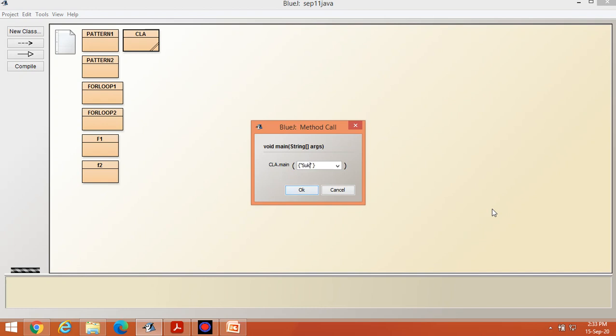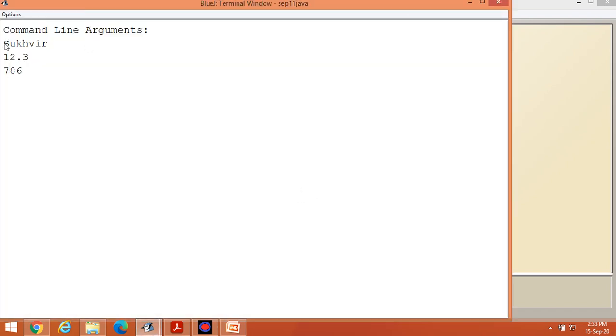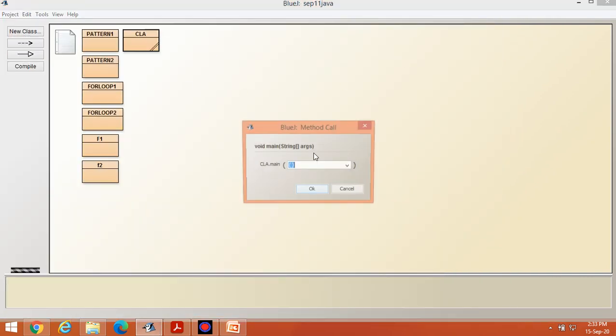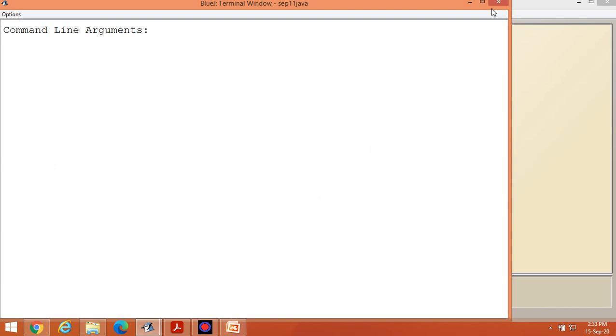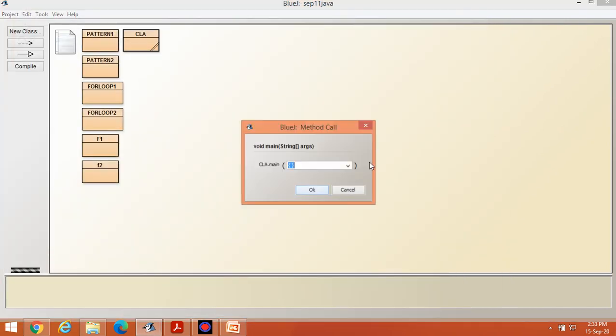Suppose I am writing Sukhveer, comma, in double quotes 12.3, then again double quotes, suppose 786 is there like this. Then press OK. You can see the data here: 12.3 and 786. You can pass any number of arguments inside this. There is nothing because it is empty.